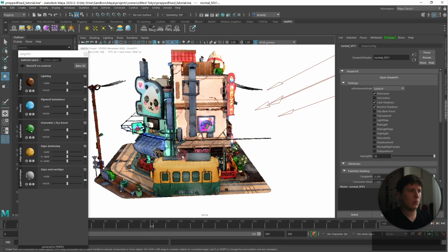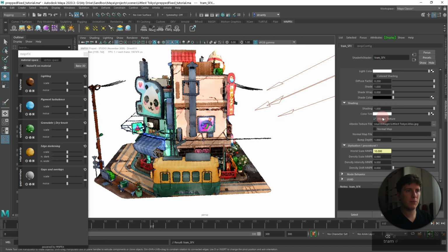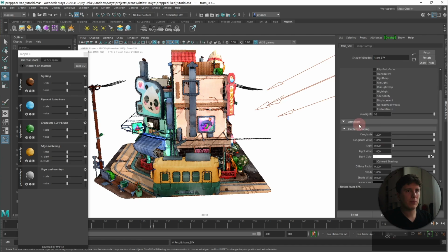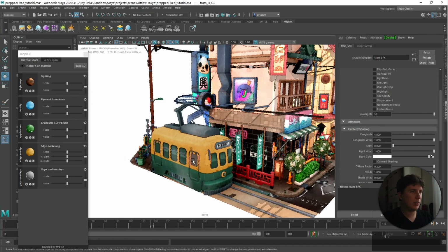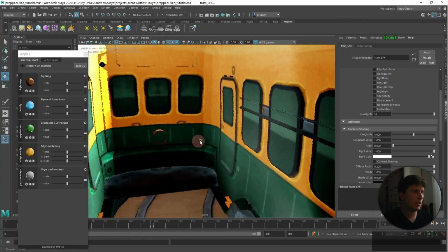So, okay, we need to add some cambiante to this. 0.6, even higher. Oops, I'm modifying the normal. No, actually this is the tram SFX. We just didn't rename it. Yeah, it's a tram. So I'm gonna add some very high cambiante, but something that I notice here is that